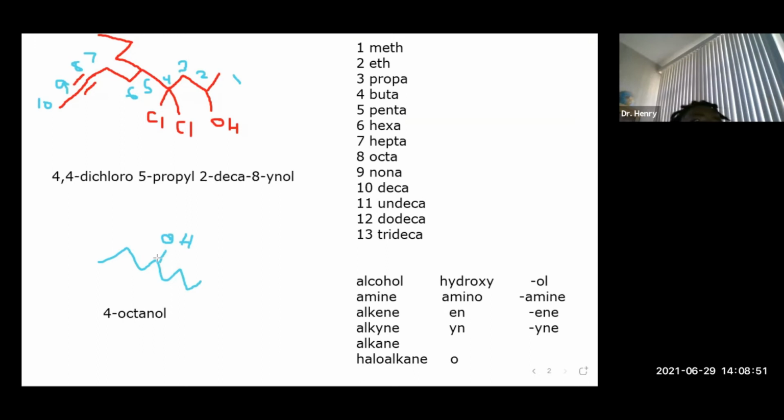What is the rule? Do we want it to have the lowest number, or any number? The lowest number, right? So if I count it from this side, that's 1, that's 2, that's 3, that's 4. If I count it from the other side, that's 1, that's 2, that's 3, that's 4, that's 5. So the correct answer would be